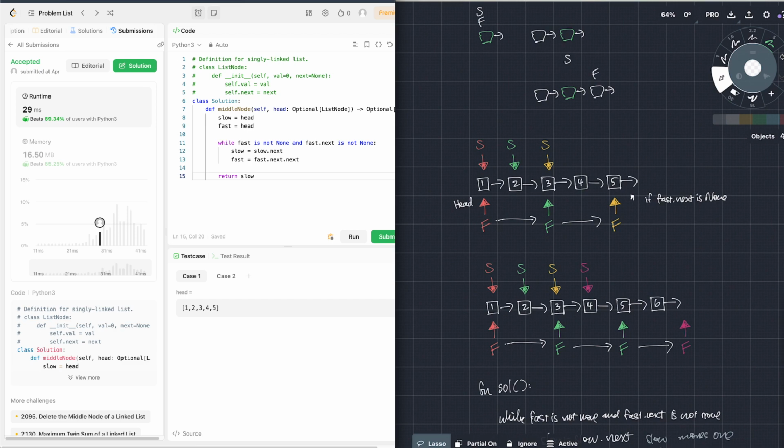Anyway, when you're doing linked list problems, you're typically going to run into some pointer arithmetic or some pointer juggling. And you're going to think about what is one iteration of the pointers moving? What direction should they be moving? And that's going to help you